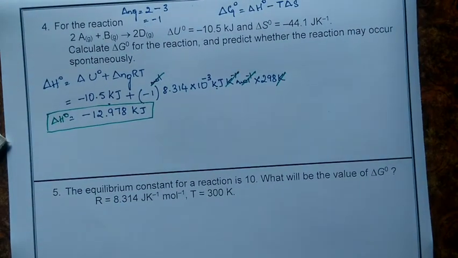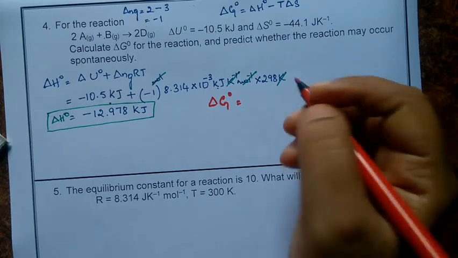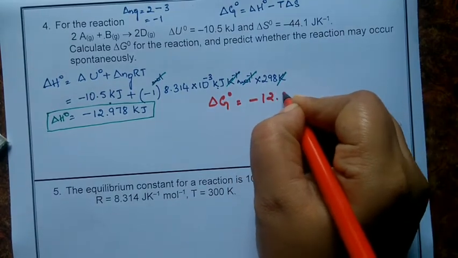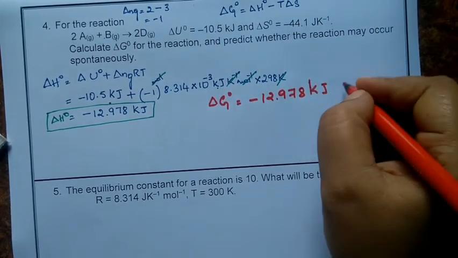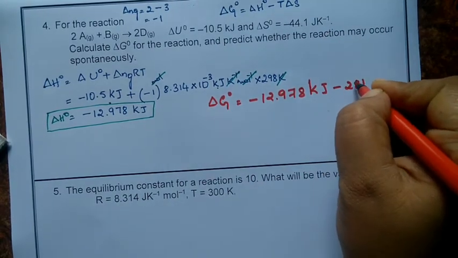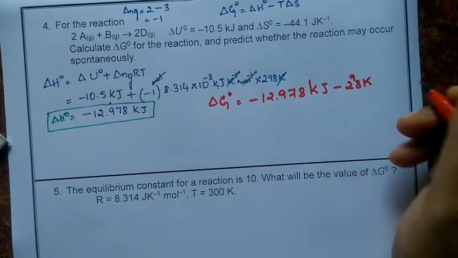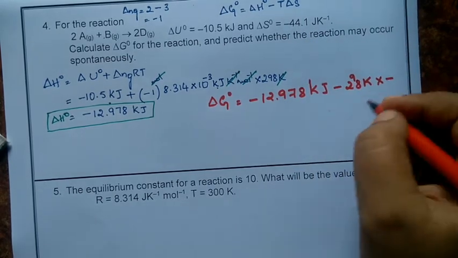Clear? Now we need to substitute into the formula, that is delta G naught is equal to delta H naught minus T delta S naught. So we'll substitute: delta G naught is equal to delta H naught, which is minus 12.978 kilojoule, minus temperature, which is 298 Kelvin, and the delta S naught value is already given,